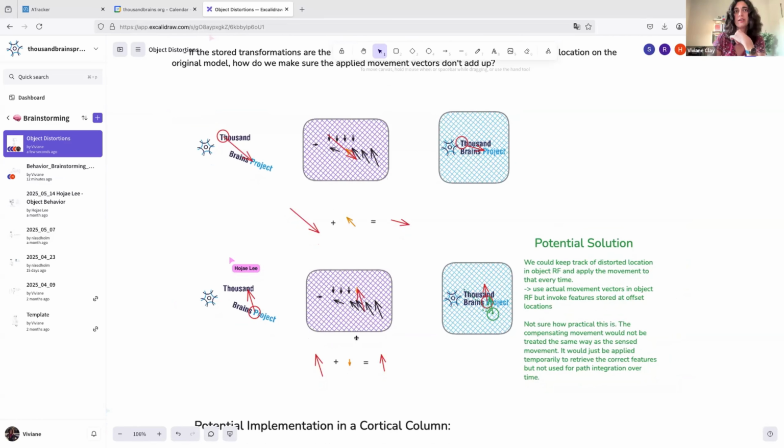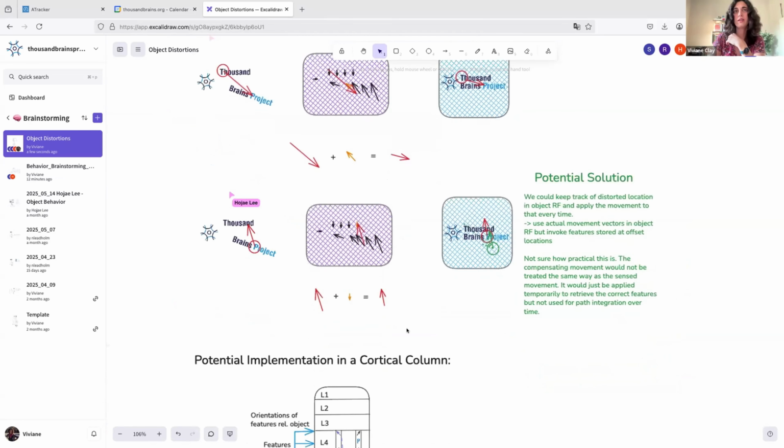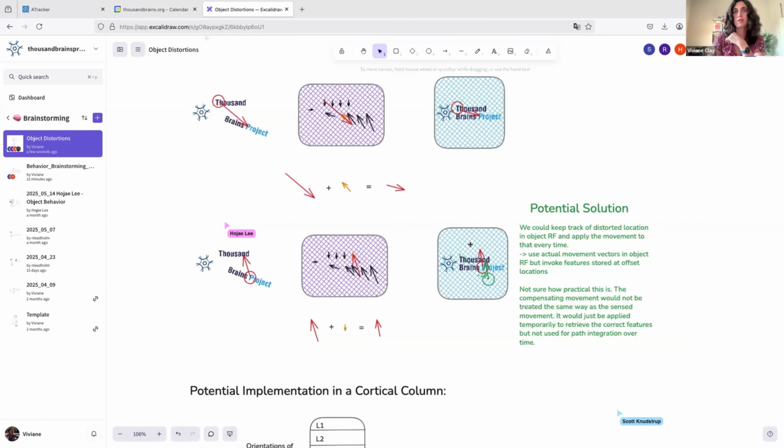No, we don't have to reset this at all. Basically, we move through the object's reference frame just using the movement of the sensor, the same way we did before. Nothing changed. We are not applying any extra movement commands from the distortion map. We're just moving through the object's reference frame. But then when it comes to predicting which feature we're going to sense at that location, we would need to take